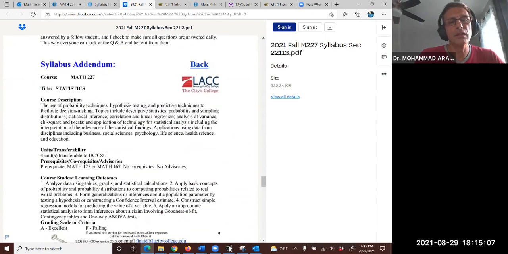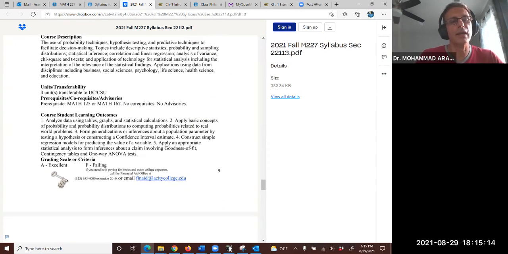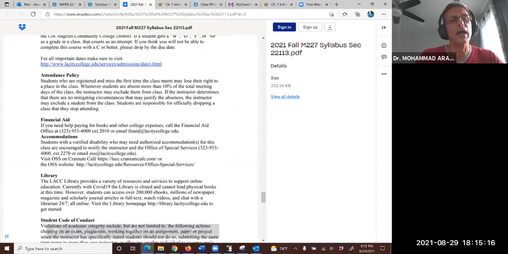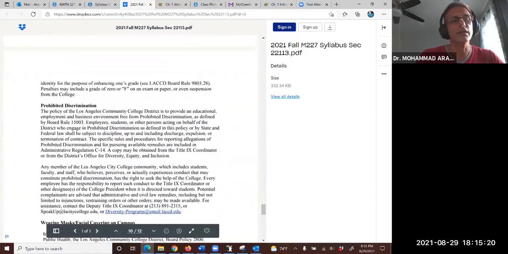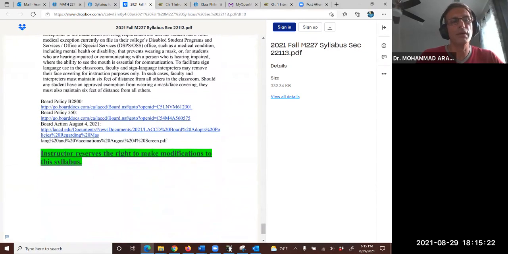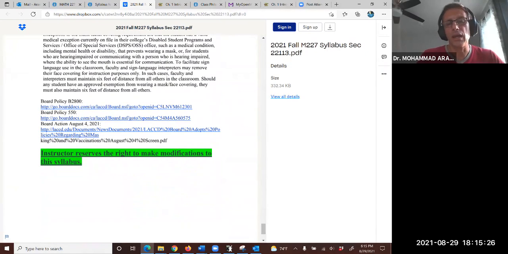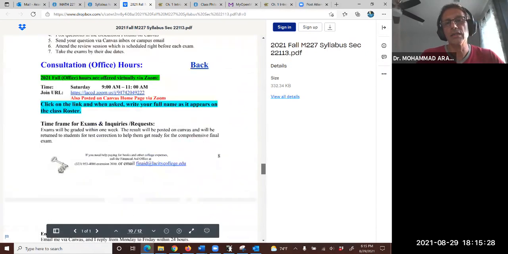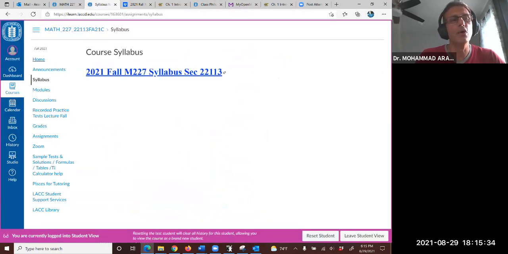Then we also have a syllabus addendum. I'm not going to spend too much time on that. It's again about course description and student outline and more policies, attendance policy, financial aid, and so on. I highly recommend you spend a couple of minutes reading it in case you have a question. And this is always available to you. You don't have to print that. So going back to the homepage of the class,